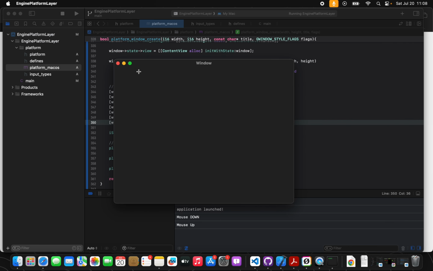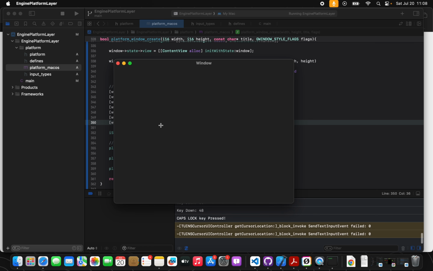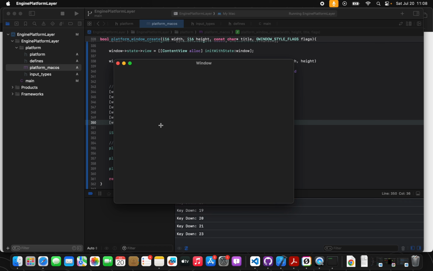And when I maximize, minimize, we have shift key, control key, command keys, key presses are working, enter key, tab key, shift, caps lock, everything is working as it should. Numpads are working, function keys are working, escape keys are working. All right, so we have our window taking in some inputs like it should,